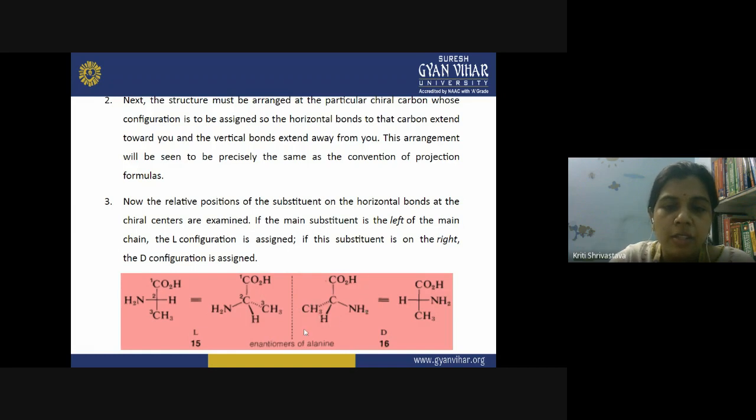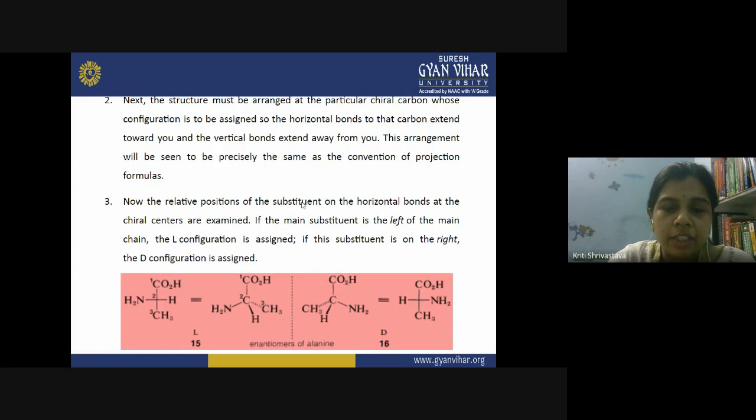So now you can see that you have got 2 non-superimposable mirror images. If you put this structure over this structure, they will not superimpose each other. In the place of NH2 you are getting CH3, and in the place of CH3 you are getting NH2. So in this manner, we have got 2 enantiomers. And what is this molecule? This is alanine. Alanine is an amino acid. This is a very simple amino acid showing optical activity, and we have obtained the 2 enantiomers of alanine.